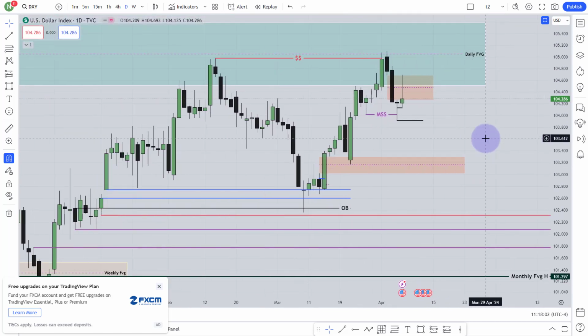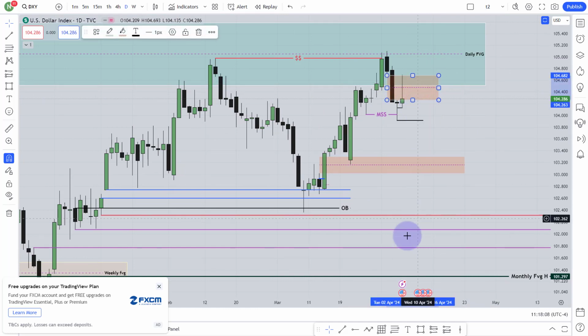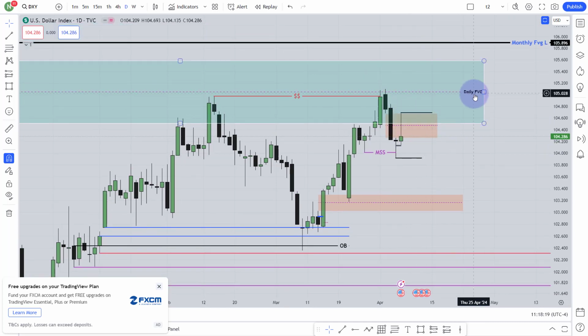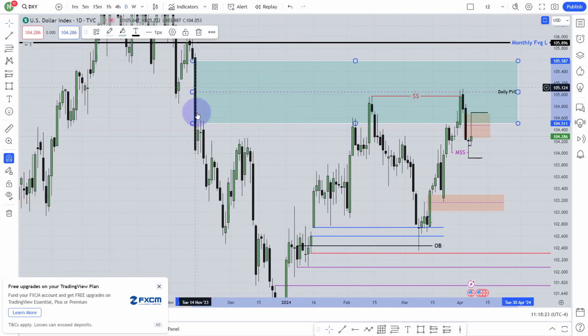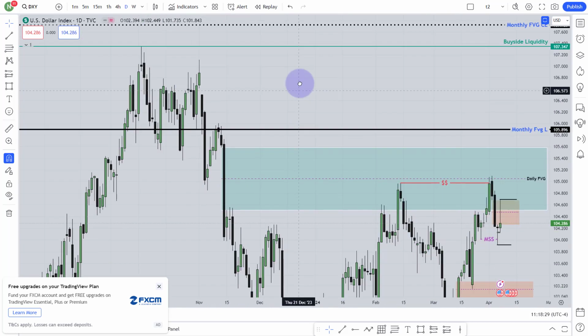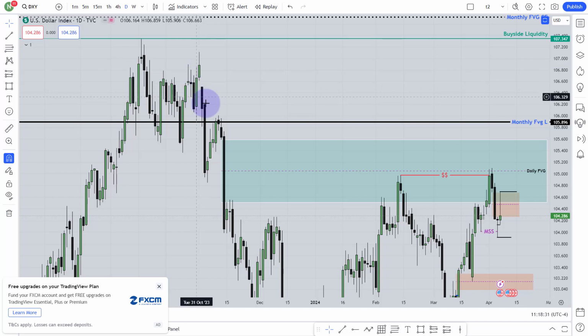That is my expectation right now, but I will change it if I see a body close above that fair value gap. Then I will start to think, I mean, just let me mark the high as well. See this high. If I see a body close above that high, very energetic move above that high, then I will expect that market is going to break that bearish daily fair value gap over here. The bearish daily fair value gap is going to be broken and market is going higher toward that buy side liquidity, or maybe there will be last fair value gap from daily chart. It will go toward that.